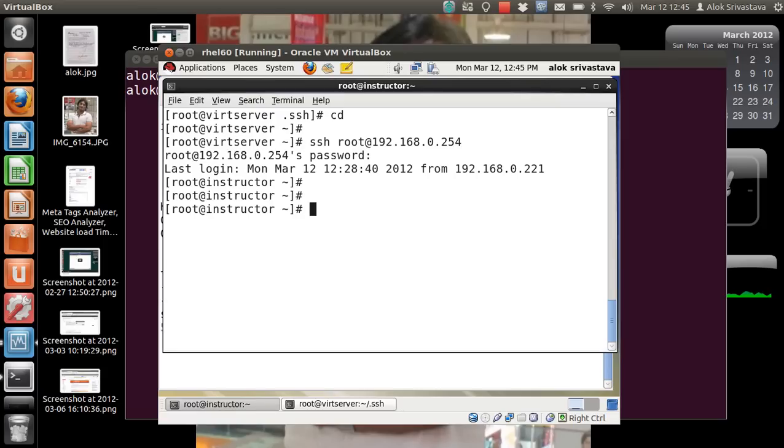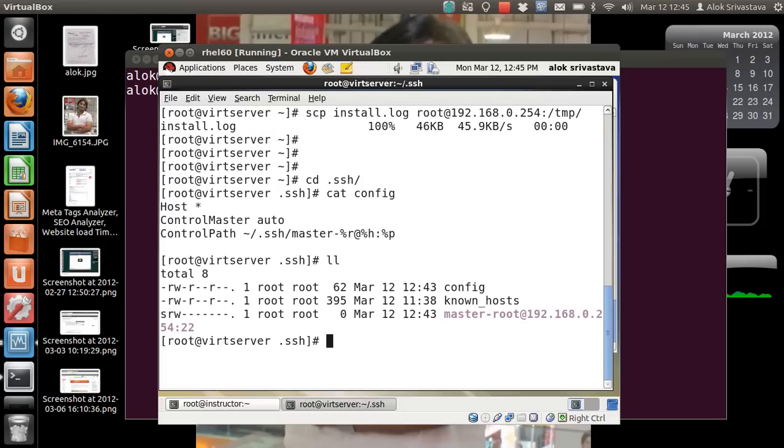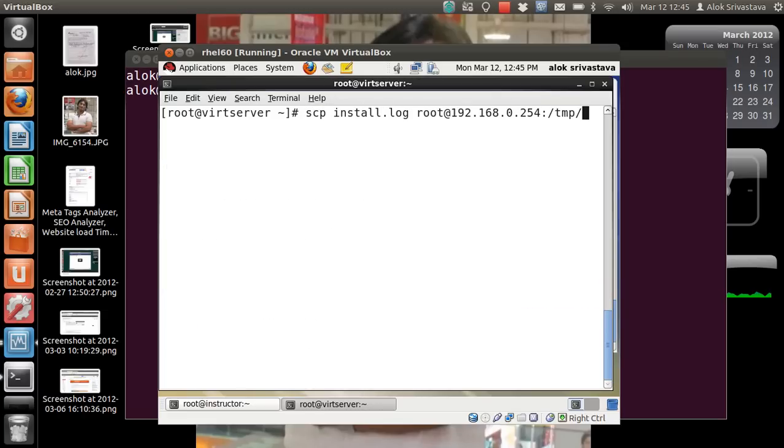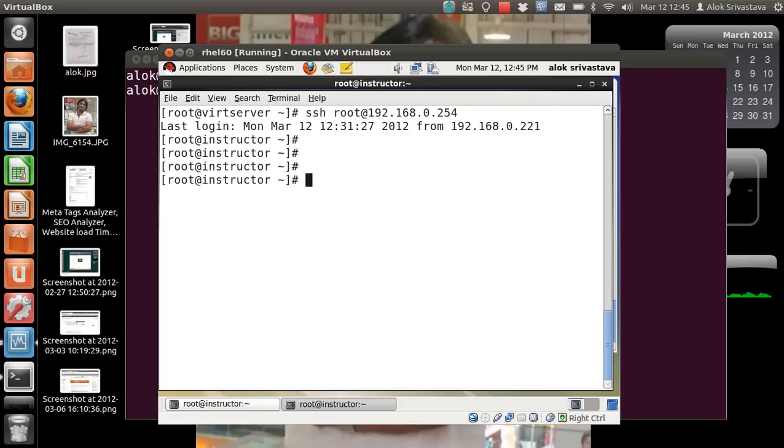The credentials I had supplied for the master connection are saved automatically in this file. Because the credentials are already saved, when you try to do SSH for the second time, it refers to those credentials and you will not be prompted for the password.